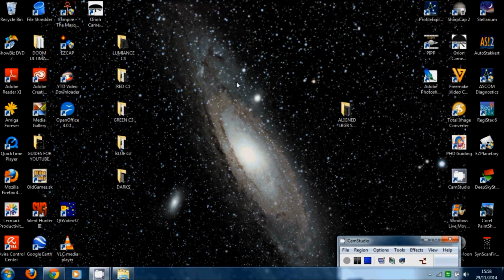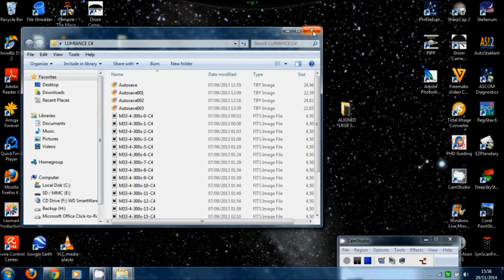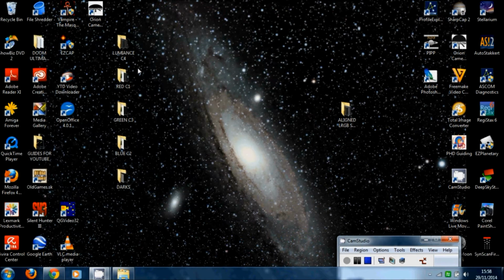So what you do is, when you use Deep Sky Stacker, when you put the red together, add the luminance frames, which is C4 or whatever filter number you've combined, add the luminance and the red together, right? Has one grayscale, and then when you stack them together,